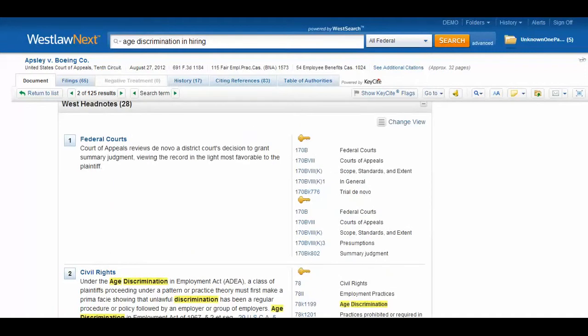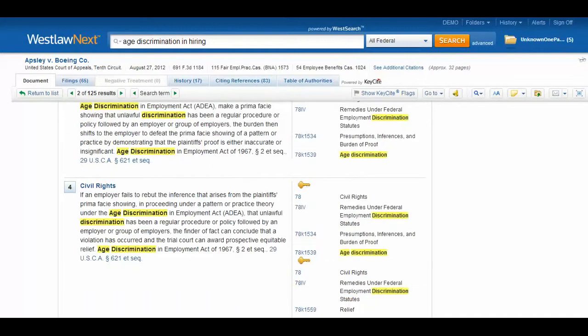And then I can scroll down a little bit further, and I can see the head notes. And this is where attorney editors have pulled out every legal issue from the case. They've created a head note for it. I can quickly see all the legal issues in this case, kind of like reading the Cliff Notes. And then each one of these